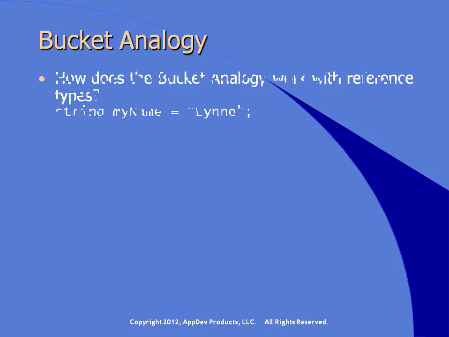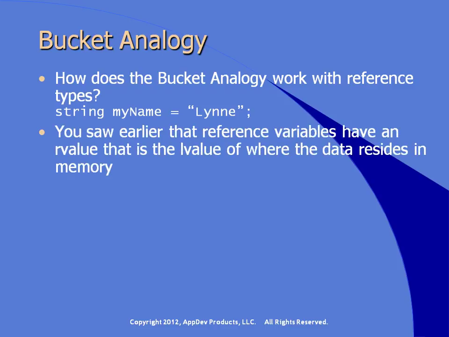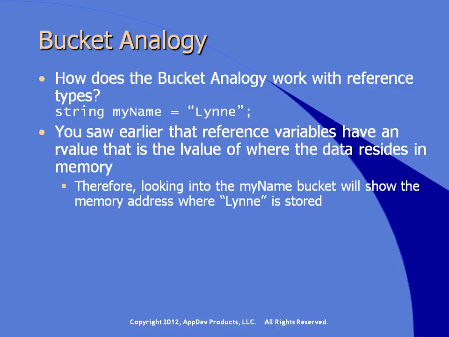So how does the bucket analogy work with a reference type? So far we've been talking about value types like ints, chars, bytes, and so forth. What happens when you have a string variable and you say something like string myName equals Lynn? You saw earlier that reference variables have an R value that is the L value of where the data resides in memory. In other words, if you're familiar with other languages, reference variables are actually pointers. So looking at the myName bucket, if you find out where that bucket is located in memory and look inside of it,